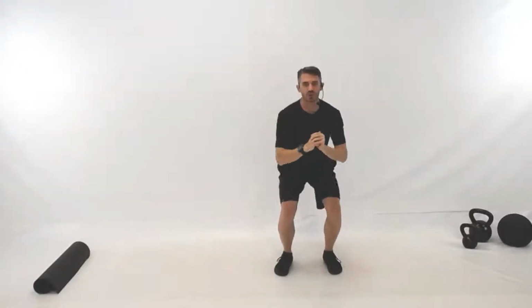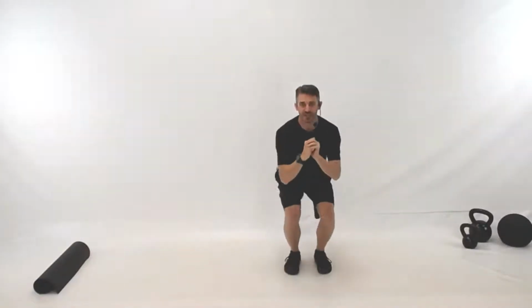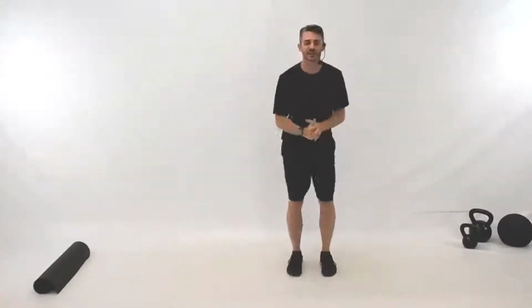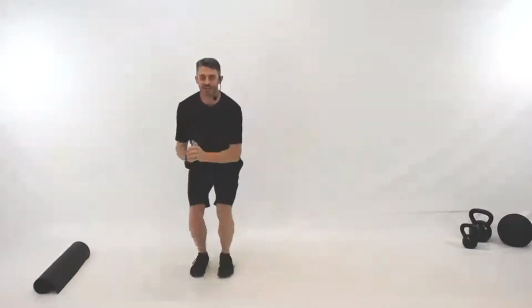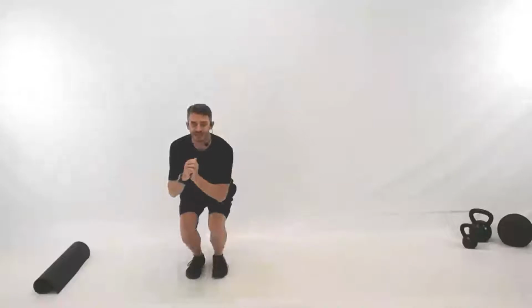Let me show you the first exercise for today. You're going to do a squat, side step, squat, side step. So that is your first movement. Each movement we'll do for 45 seconds. Let's begin from now. Now, this is quite a simple movement to begin with, and if you would like to make it a little bit harder, stay a little bit lower